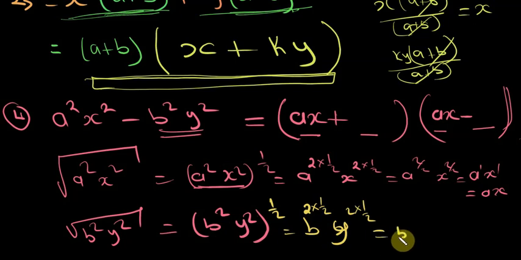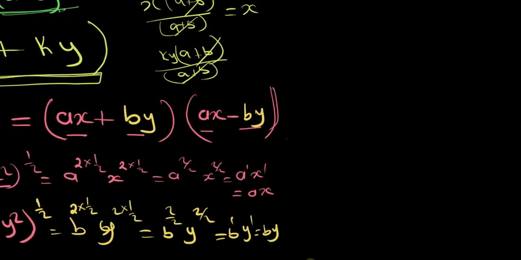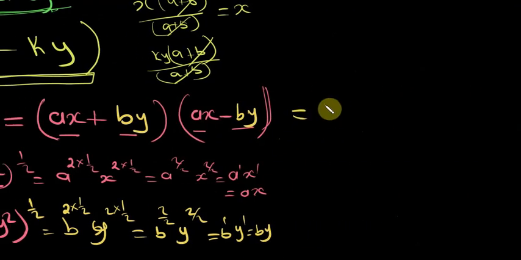It's the same thing as b to the power 2 over 2 multiplied by y to the power 2 over 2, which is b to the power 1 multiplied by y to the power 1, which is equal to by. So the next term will be by and by. Okay, so that's equal to ax plus by,